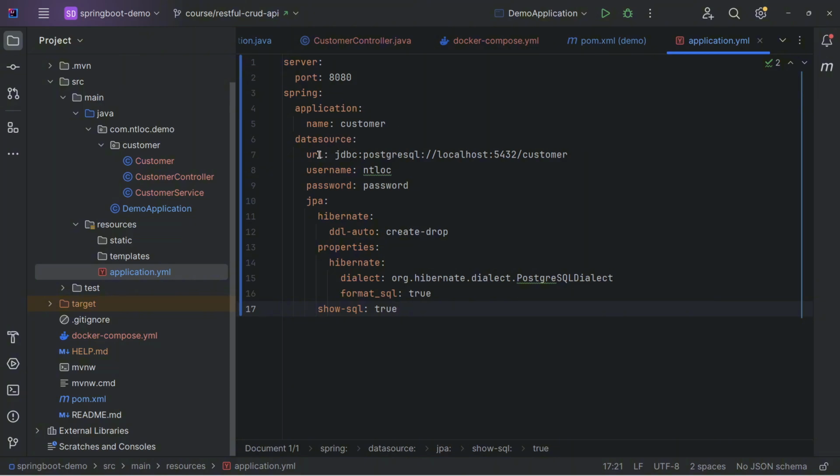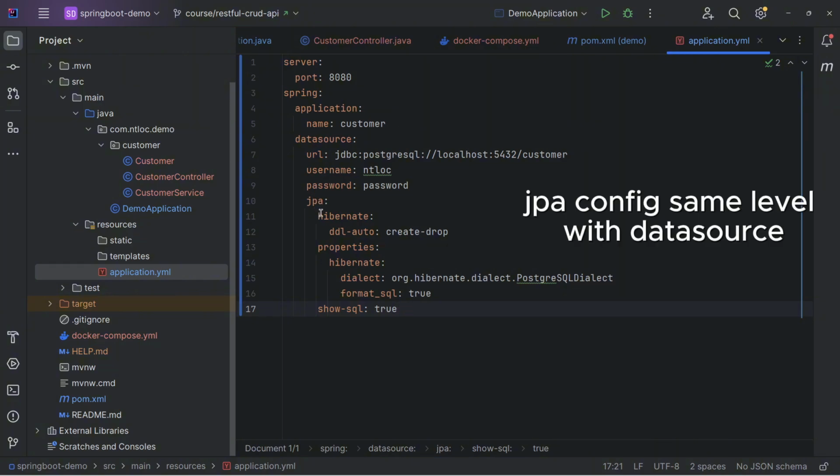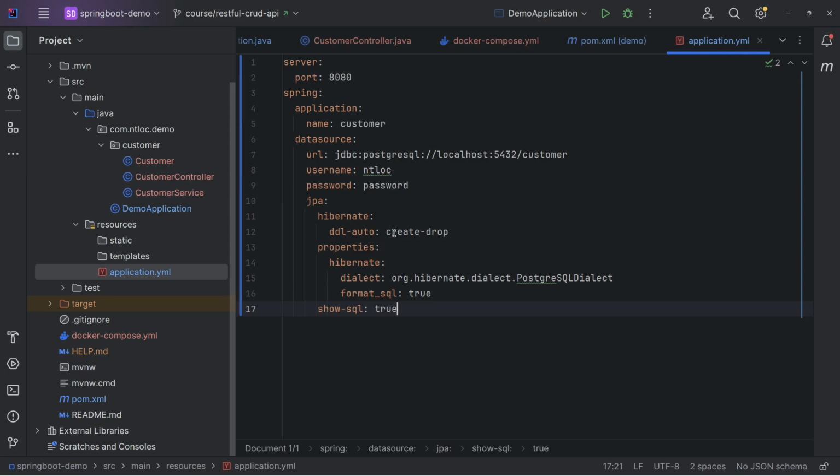You need to provide the URL. In this case it is jdbc:postgresql, the host is localhost, the port is 5432, and customer is the database name. Then we also have the username and password, and under JPA we have Hibernate in here, and ddl-auto is create-drop.